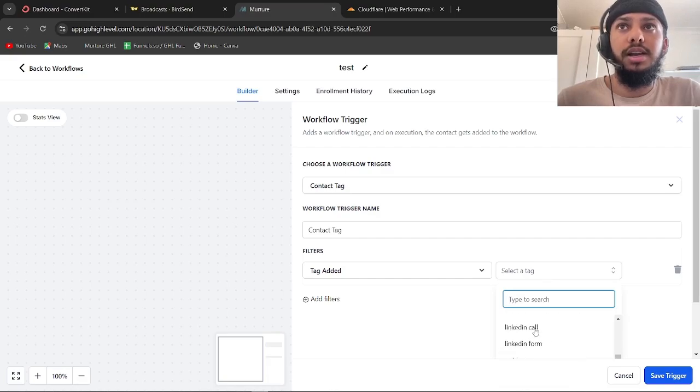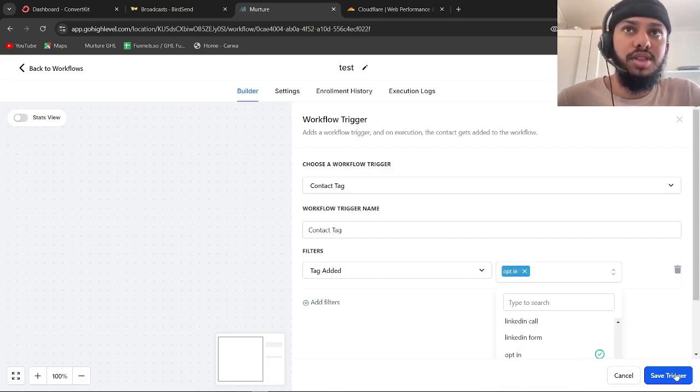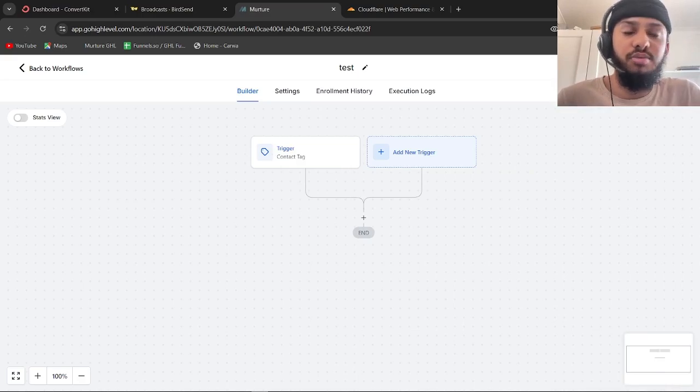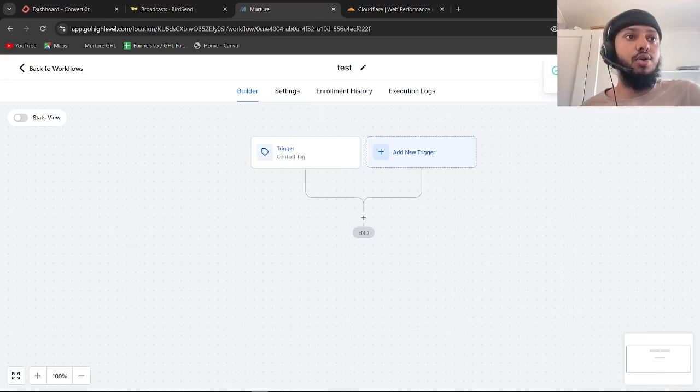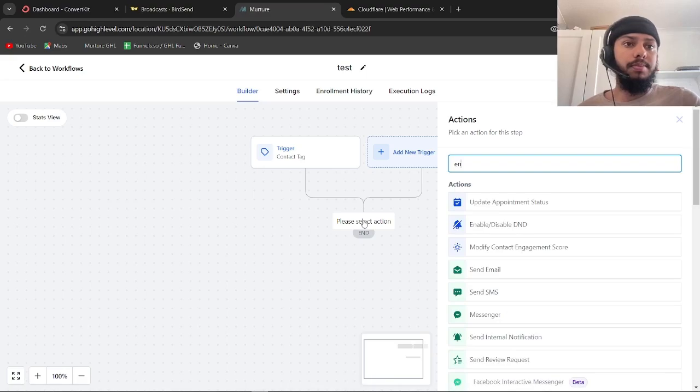For now, I'm just gonna click. I'm gonna put opt-in. It's not this, but I'm just gonna put opt-in. You can create your own tag. What you're gonna do with this tag is only gonna be added to your email. So you're gonna add your own email to your own contact list, and then put email,